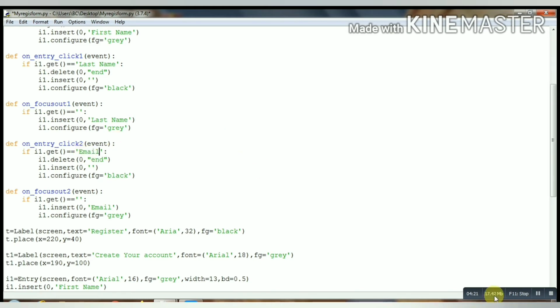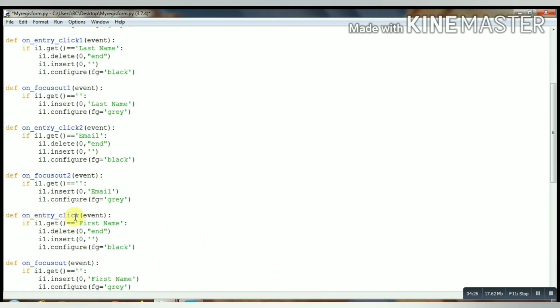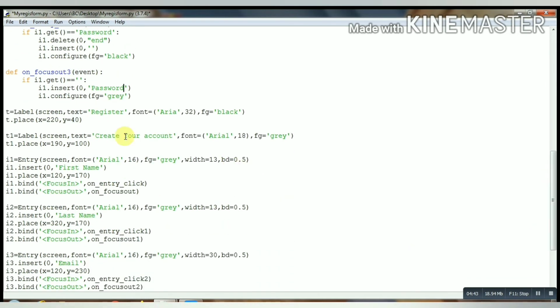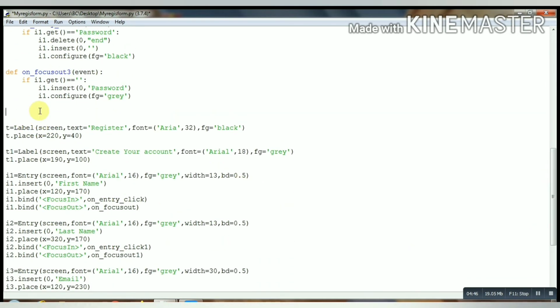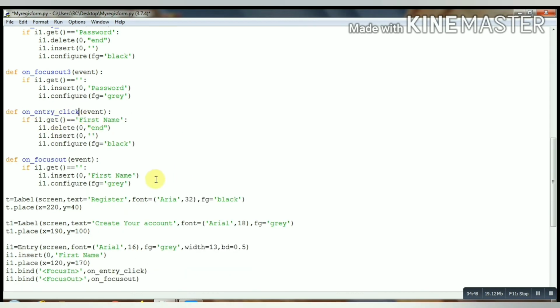Similarly we will make all these functions for every entry widget. In this one, 3, change to Password. Hope you are getting it, guys. Password. Similarly the last function. Control V. On entry click 4, on focus out 4. Name as Confirm Password.